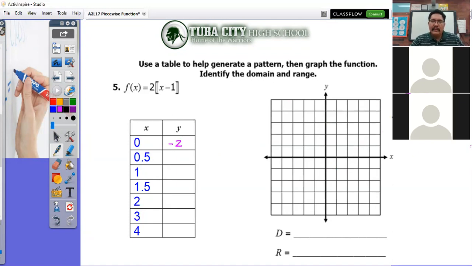And again, once we get the pattern, once we understand where the steps are going to be, it's a little bit easier because we don't need to worry too much about exactly where each of them is going to be. We just have to keep following that pattern. So let's go ahead and do the same thing here. So 2 and 0.5 minus 1. 2, and then let's see, 0.5 minus 1 is going to be